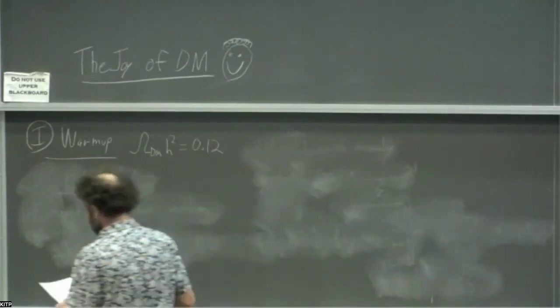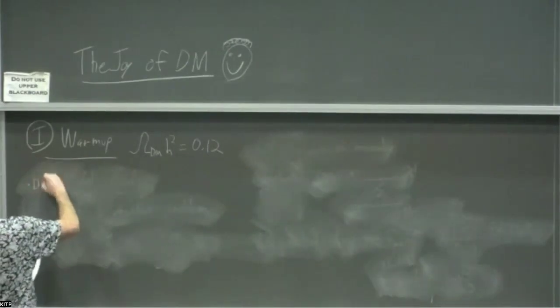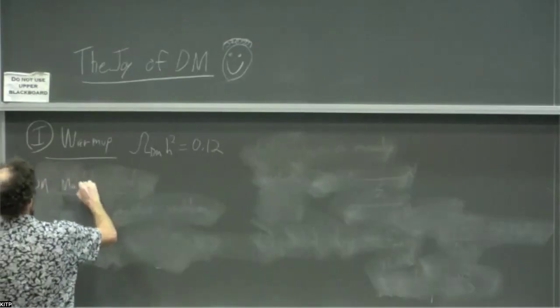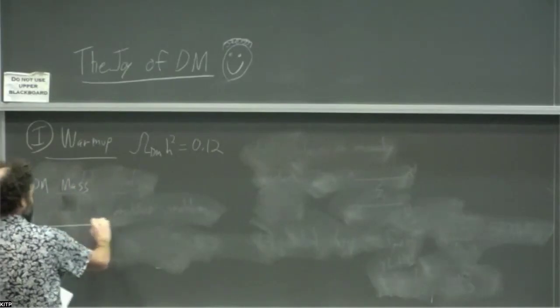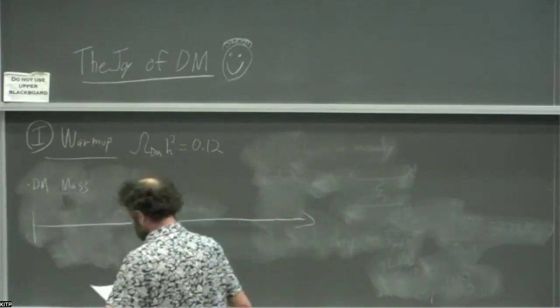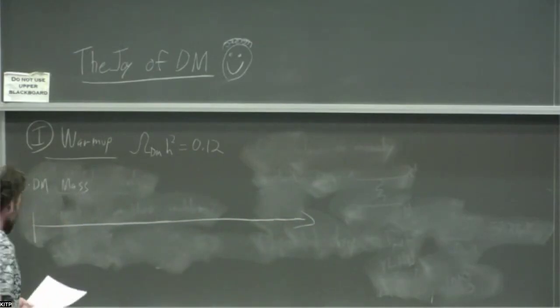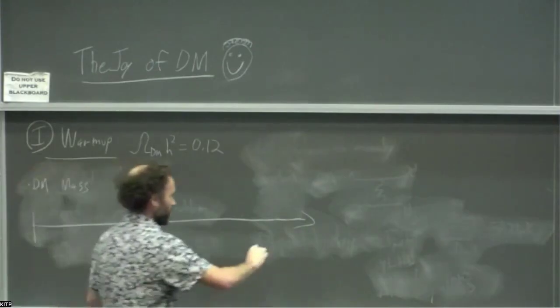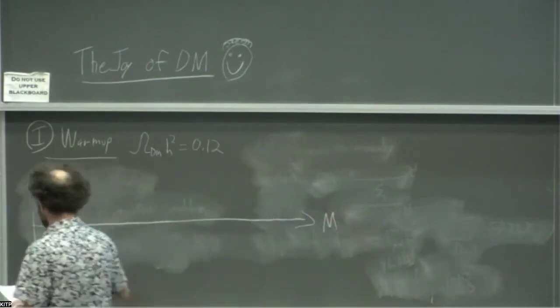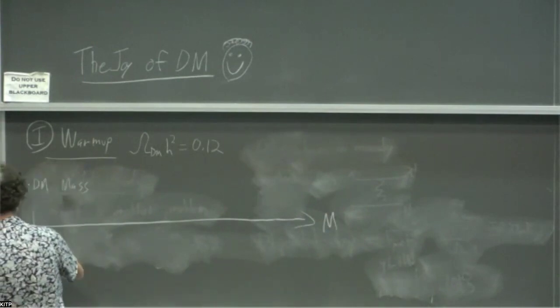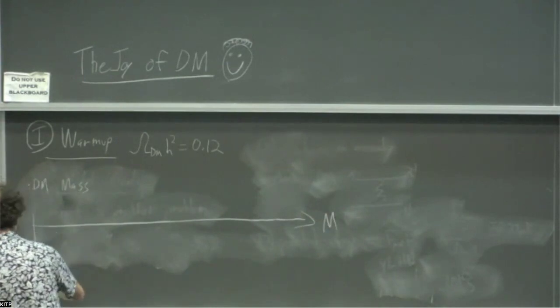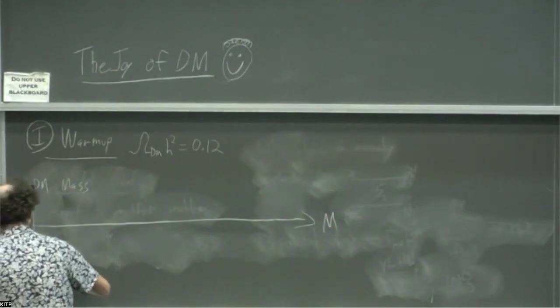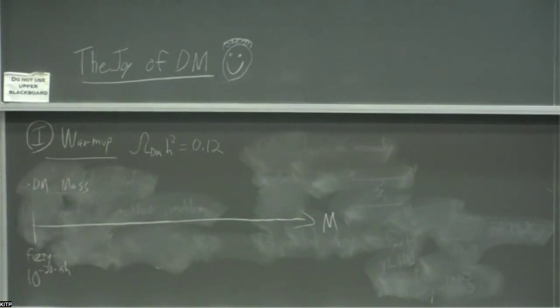Okay. So I'm not going to talk much about phenomenology, but let me just make a quick statement about dark matter mass. If it's all of dark matter, then there's a minimum mass, which we call fuzzy, which would be sort of 10 to the minus 20-ish, where people argue about whether the bound is minus 19 or minus 21, but that's sort of when the de Broglie wavelength is the size of dwarf galaxies. And